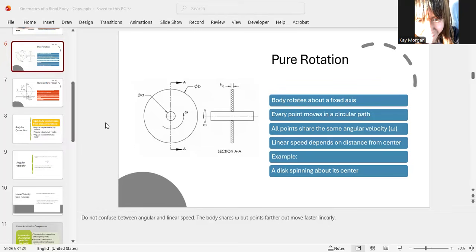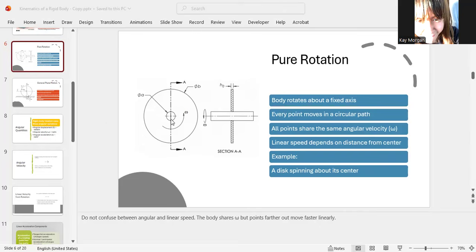All right, the next one, we will get into the second type, which is your pure rotation. So now let's look at this type of rigid body motion. In this type of motion, we call it pure rotation, your rigid body rotates about a fixed axis. I show you the little center right here. Look at that. This is your rigid body. We take a look from that point, your eye is here looking at this, and of course, we cut it out and draw it.